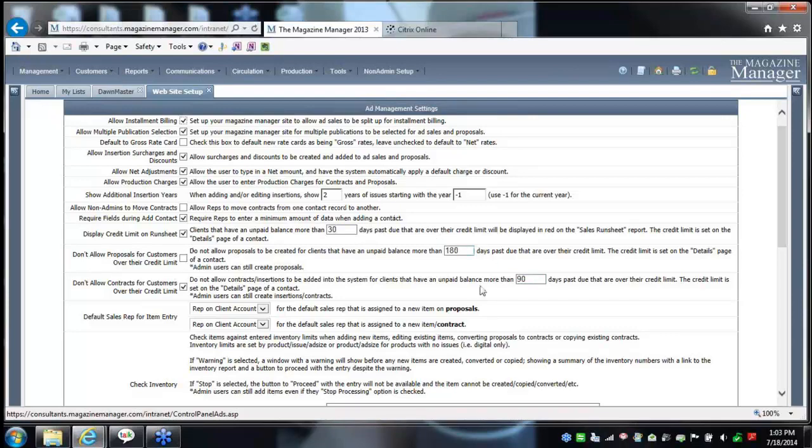So if you guys are lenient and you want to give them 180 days, do so. If you guys are strict with your AR, give them 1 day. Or maybe give them 15. We'll give them the benefit of the doubt there. But if they don't pay within 15 days, nothing else is going to be entered into the system for those. Another feature that people overlook is the credit limit, just to show on the run